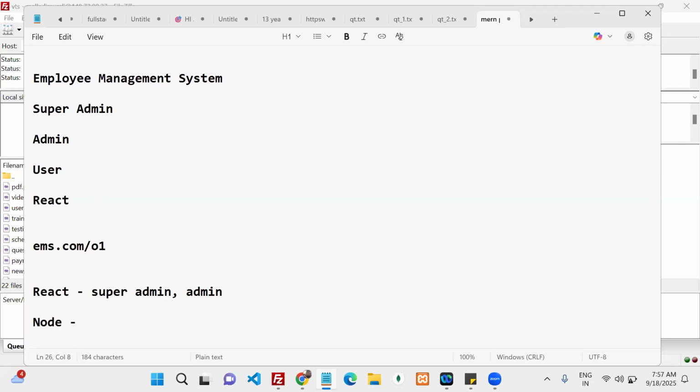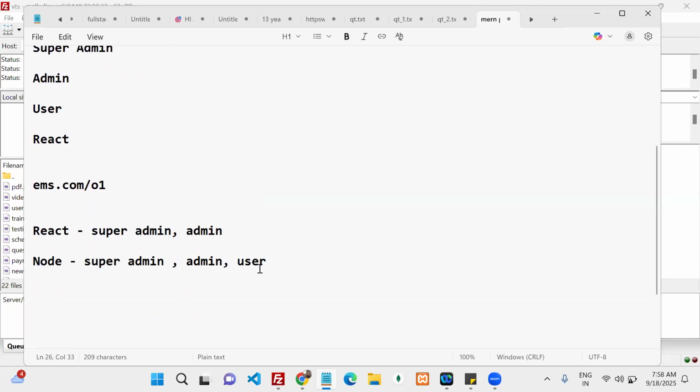On the Node.js side, one microservice for super admin. The next one is admin, then the user. If you want to maintain multiple microservices, it's a way to split your services, that's it. I will create three, I want to integrate three.